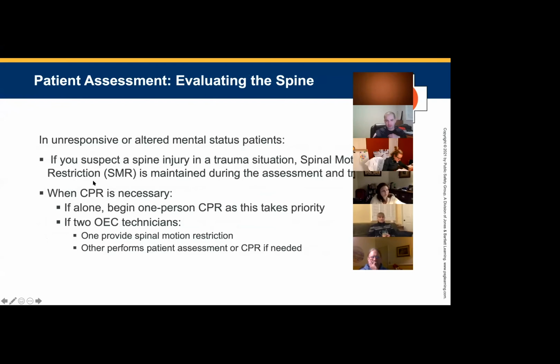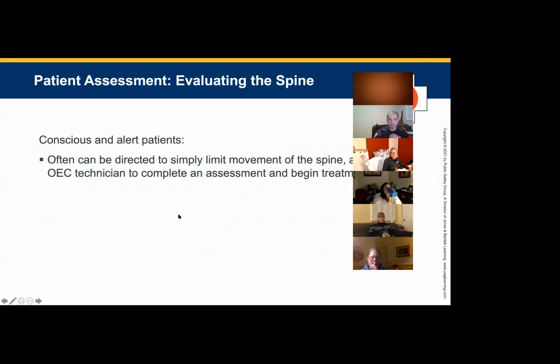In an unresponsive or altered mental status patient, if you suspect a spine injury in a trauma situation, spinal motion restriction is maintained during the assessment and treatment. When CPR is necessary, CPR takes priority. If we have multiple rescuers, we can have one person holding that spinal immobilization. For conscious and alert patients, oftentimes we can direct them to limit the movement of the spine, allowing the technician to complete our assessment. So many times, I'll come up on somebody and say, hey, don't move your head. And as long as they're able to follow commands and not move their head, we